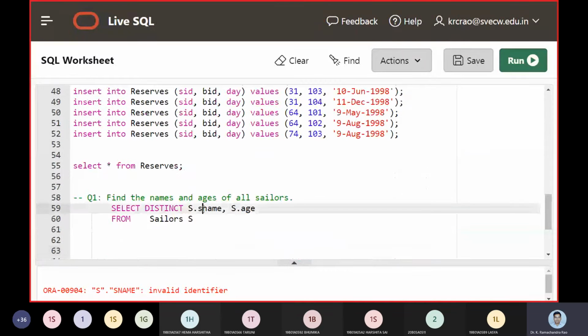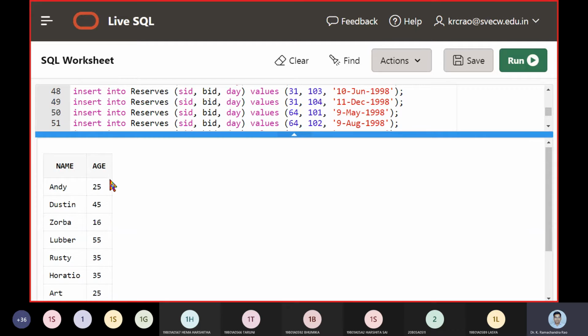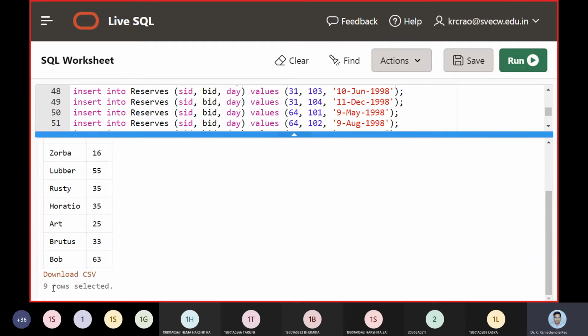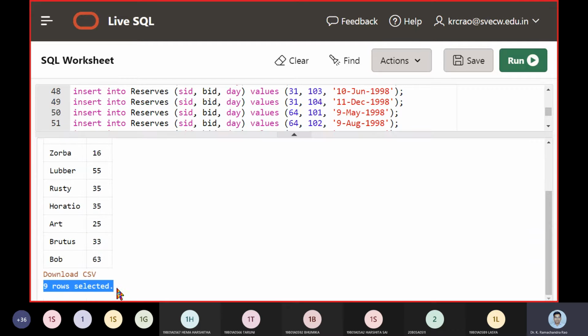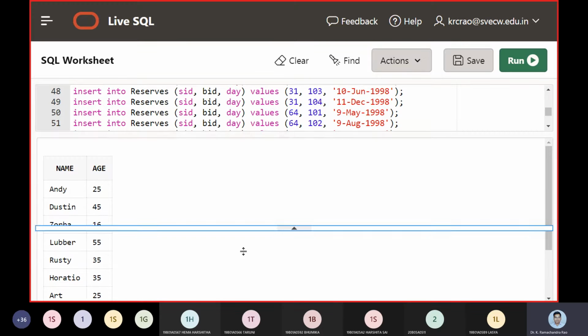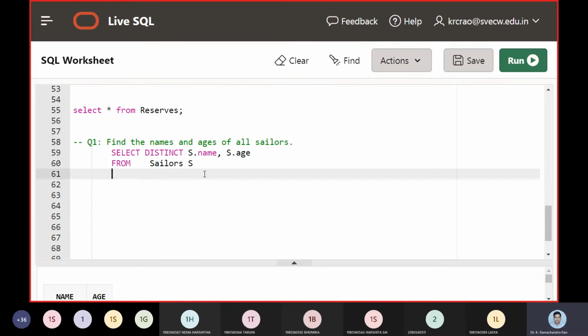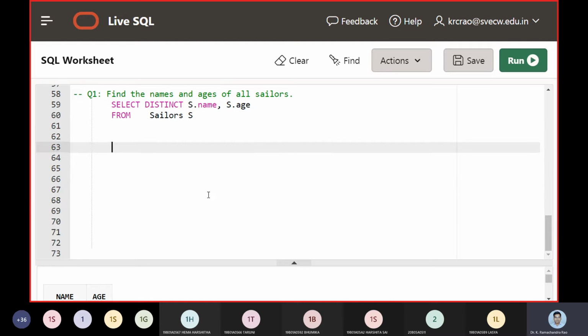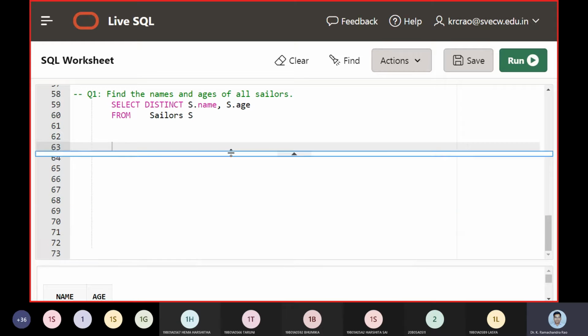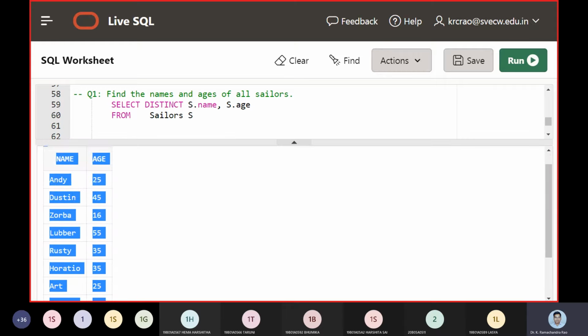So we will ignore this and start again. Now you should understand that there are only 9 rows selected. Why are 9 rows selected? The reason is we use the word DISTINCT, which gives the unique values.